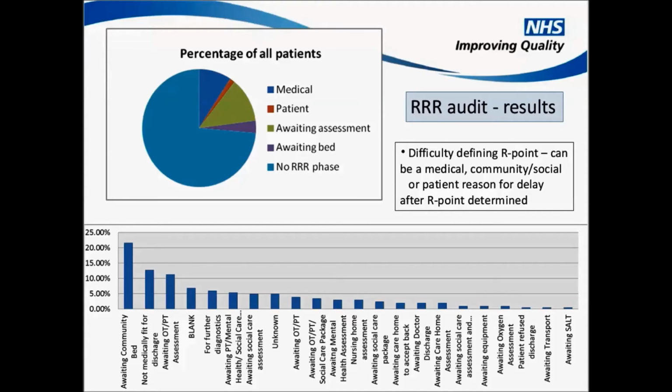So when we're talking about awaiting assessment, what we're talking about is a community or social care reason for delay. So this is awaiting assessment or awaiting a bed. Either the acute or the discharge team from the acute hospital, often a multidisciplinary team, was identifying that the patients had a need for RRR,